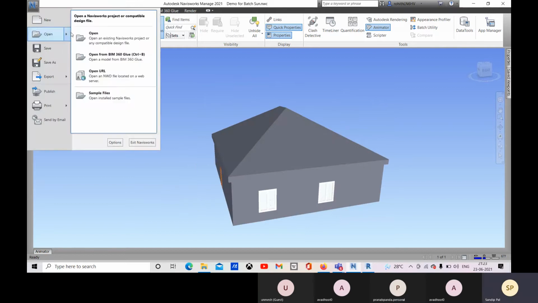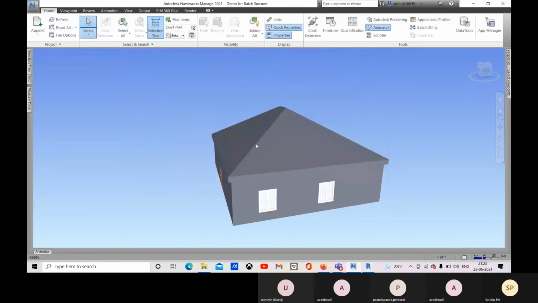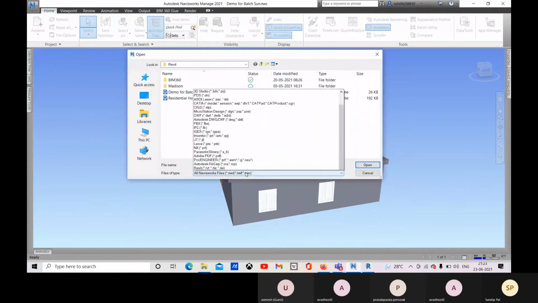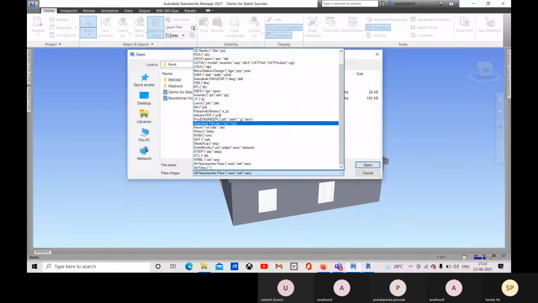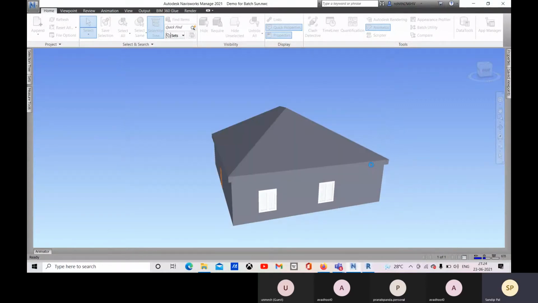Let me go for open. Let me check with this Revit file once on open.